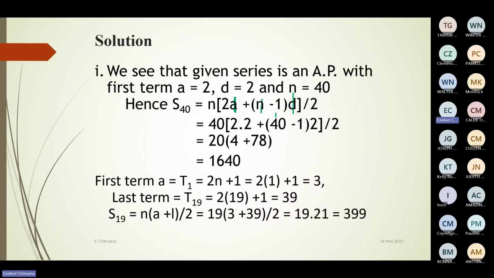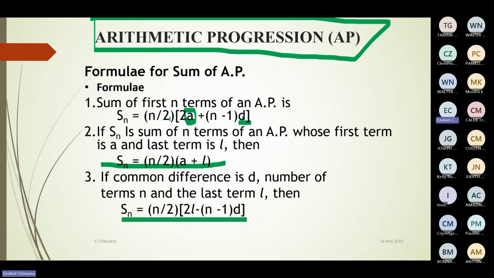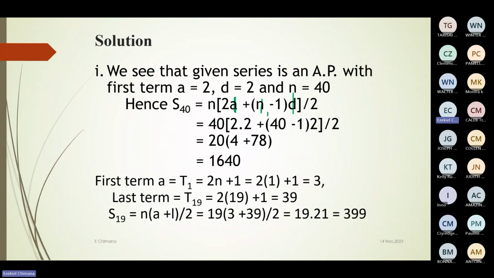And remember, the formula was N over 2 times everything here. That's why we are having this N and then over 2 here. We're dividing everything by 2. So you can have N over 2 here, or you can just say N multiplied by this and then divide everything by 2. So if you look at this, you're going to have 2 times 2, which is going to be 4, and then 40 minus 1 times 2, which is going to give you